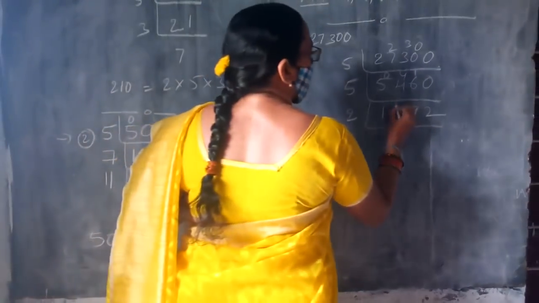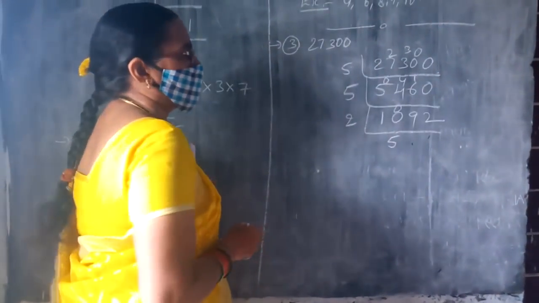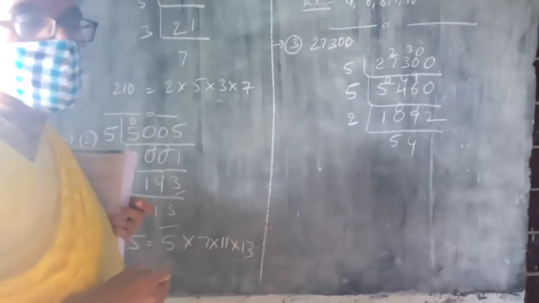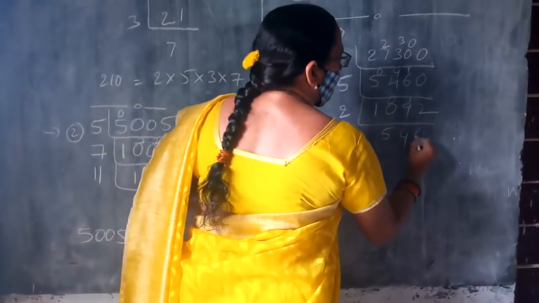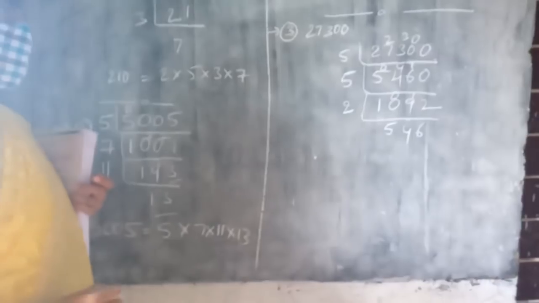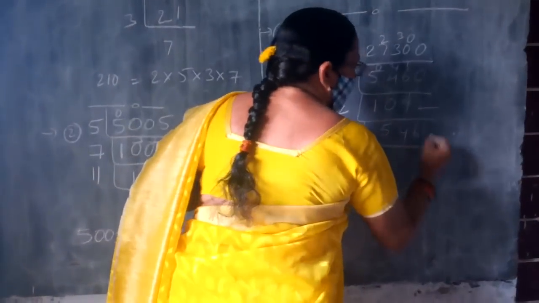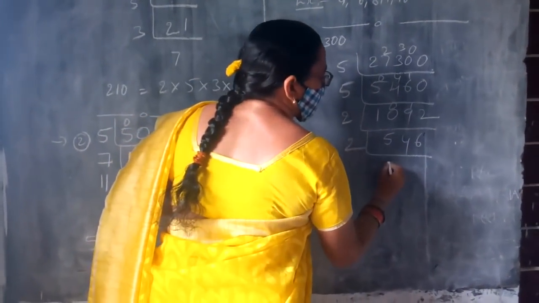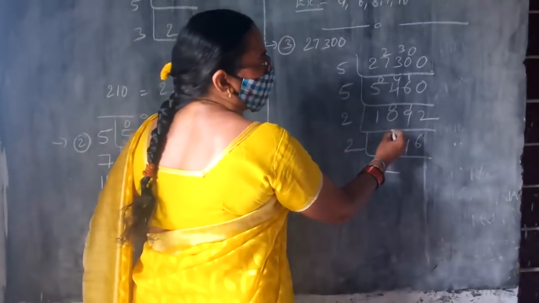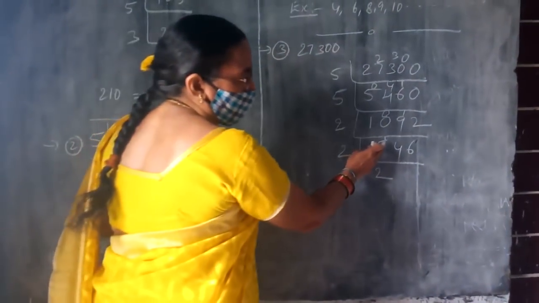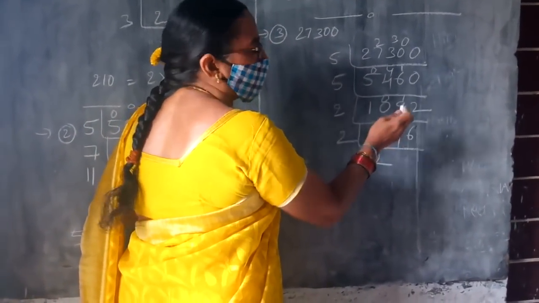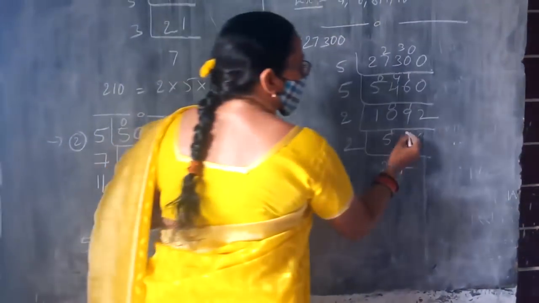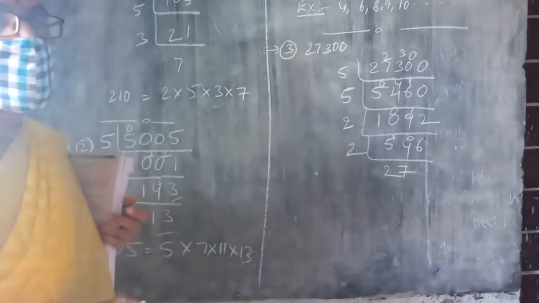0. Here in 9, how many times is it divisible? 4 times. What is the remainder here? 1. 1 means 10. 10 plus 2 is 12. How many times divisible? 6 times. Next, we take the second prime number. How many times? 2 2s are 4. Remainder is 1. 1 means 10. 10 plus 4 is 14. 14, 7 times. Remainder is 0.